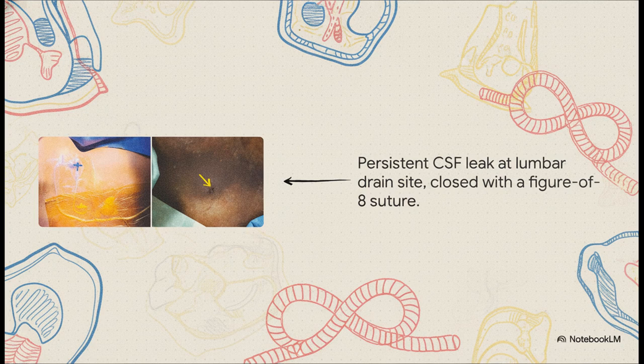On the left, you see the team putting in that lumbar drain we just discussed, but on the right, we see a postoperative problem. After they removed the drain on day 3, the site just kept leaking clear fluid. The team had to figure out if it was CSF or maybe leftover local anesthetic from an epidural. They did some simple bedside tests and confirmed it was, in fact, CSF. Their fix was to place a deep figure-of-8 suture, which you can see highlighted by that yellow arrow, and that finally stopped the leak. It's just a great reminder that even our best protective tools aren't without their own potential